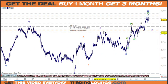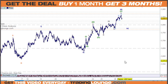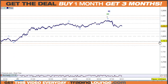As a wave 2 here, I really don't like it. I'm far better off putting this here and here. So we do need to be careful about a top here. We need to just keep working that. But that's how I've counted this here. We've just been over that anyway, so I'm just counting that up there,